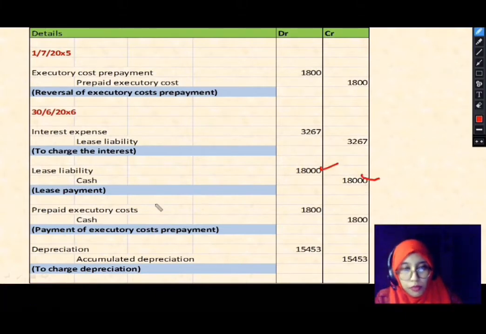Okay, debit lease liability, credit cash, and then they also do the same thing: prepay executory costs and credit the cash, and include the depreciation expenses also. Okay,